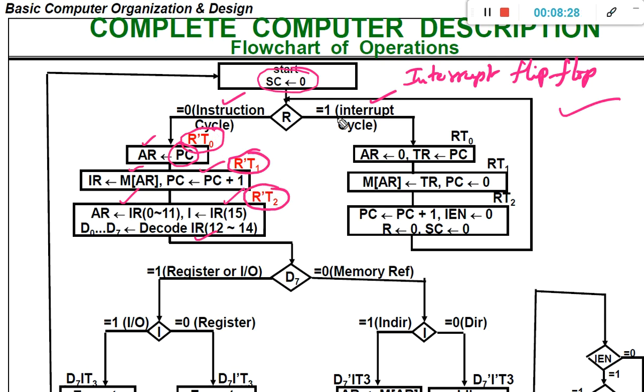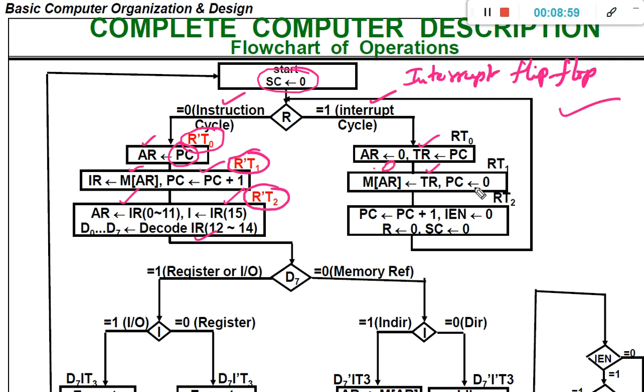So if R value is 1, then instead of executing the instruction cycle, we need to execute the interrupt cycle. So as far as the interrupt cycle is concerned, what are the statements we need to execute? We are going to assign 0 to AR and move the program counter to temporary register, and move the value of temporary register to M of 0, because AR is 0.